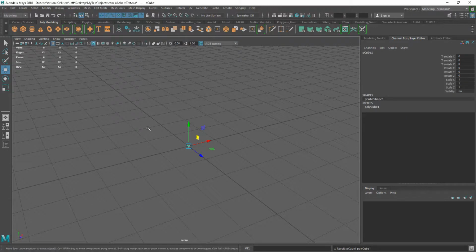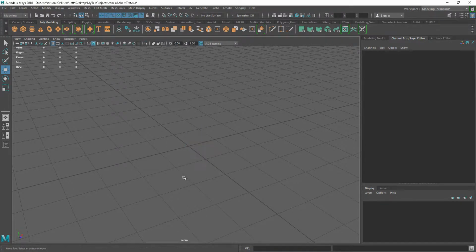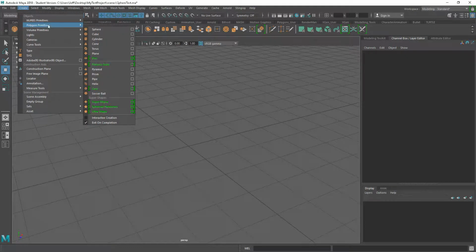Now note when I'm clicking on these tools, it's just straight away creating the object. This was another thing that when I started using Maya, again there wasn't as much information about Maya then, but it kind of confused me when other people were doing this and theirs was just appearing on the screen. Mine was doing something else. I was having to drag mine out. The reason for this can be found in the other place to create the primitives. In the modeling menu set, if I go to Create, Polygon Primitives, we have the same things here as well. But if I go down here, we have this option for interactive creation. So if I check that on for now